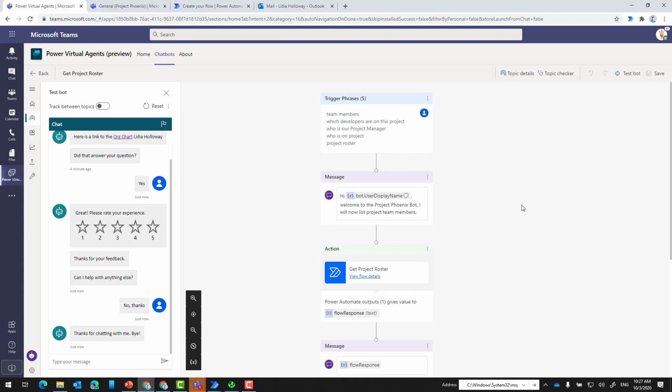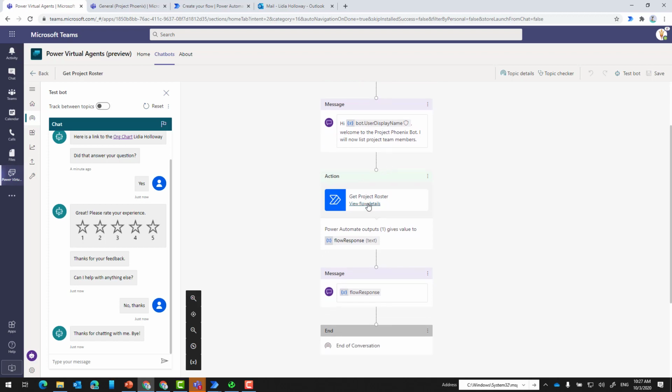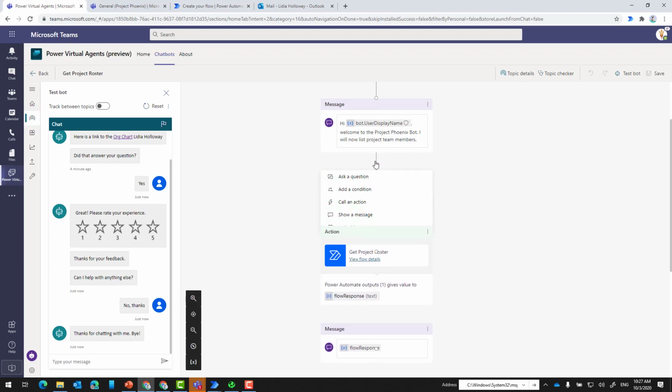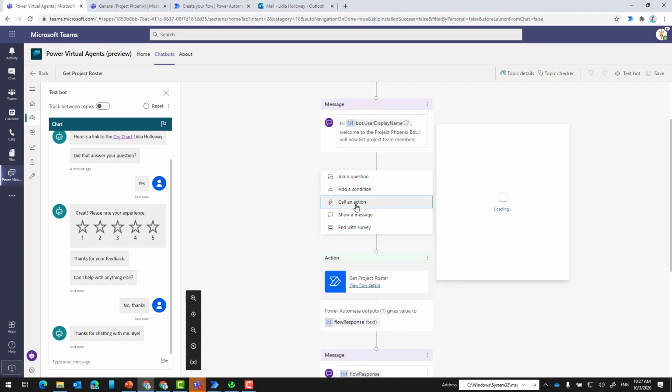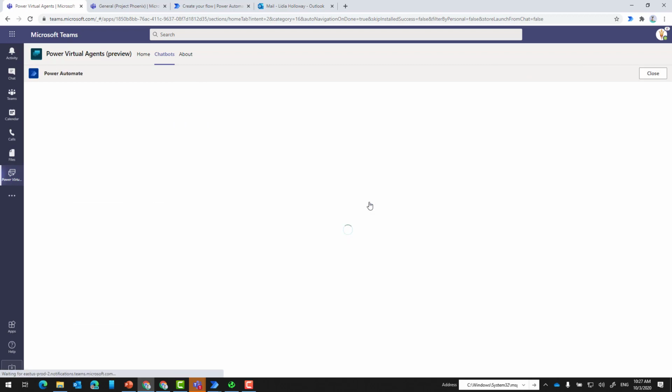And so here it's going to be similar in some ways, but different in others, where we have our trigger phrases, we can provide a message, including the display name. And then here what's going to happen is we're going to call out to a flow. And the flow is accessible by clicking on call an action. And when we click on this button, we're going to see all of the flows that are part of our chatbot. And then we have the ability to invoke them, or we can create new. Now in this case,